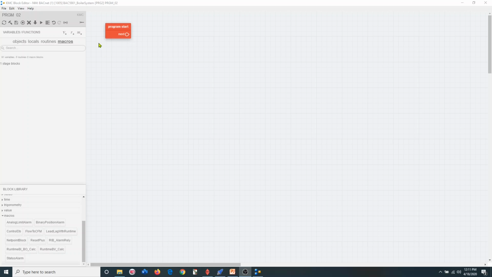So the first thing we want to do to produce a block is we hit this M plus up here to add a new block. And it comes up here, and I'm going to hit this pencil to put a name in here. Now, if you notice down here, I've already got a status alarm block. So I'm going to name this something different for demonstration purposes. I'm going to call it motor